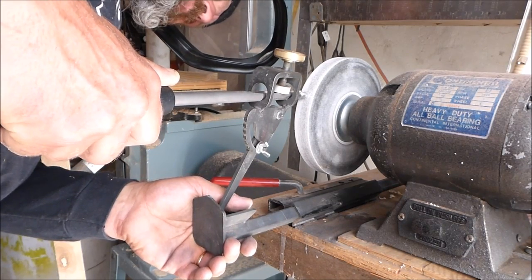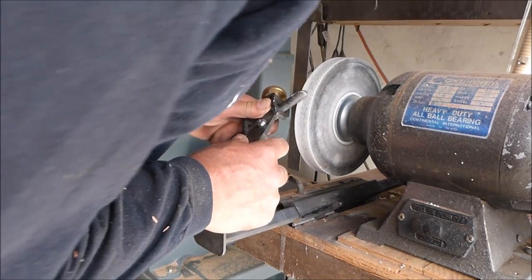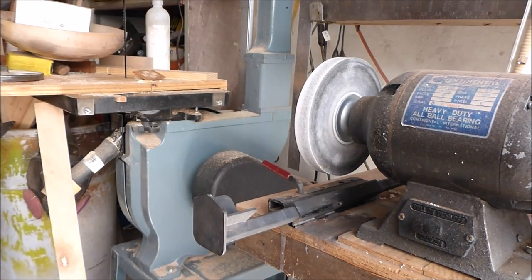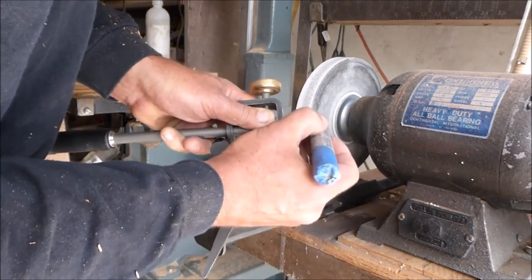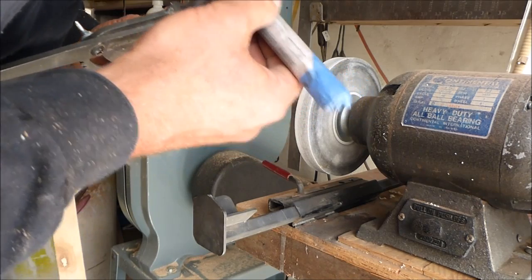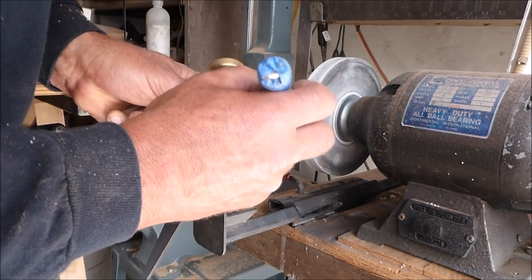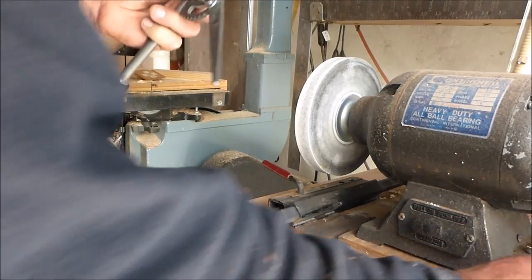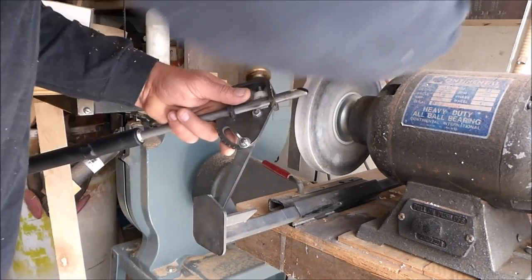Now I'm just lining up my angle at the tip and then making sure that as I come around I have full contact. And one thing you can do so that you can see if you're getting full contact is you take and put some black Sharpie along the edge. I generally don't do this anymore just because I've gotten fairly good at seeing the angle. But if you're having a hard time seeing the angle for whatever reason, due to poor eyesight or anything, because it happens, you can use this technique where you take